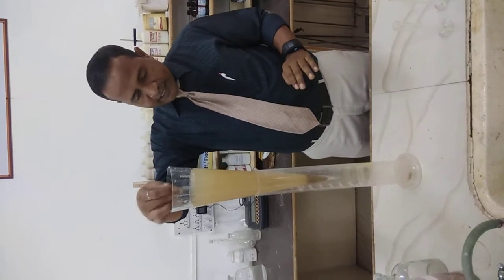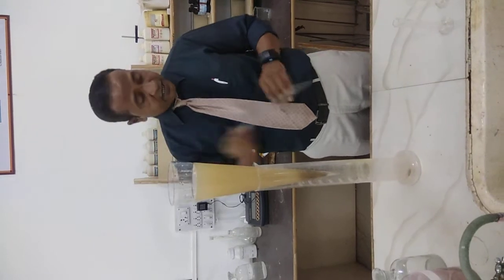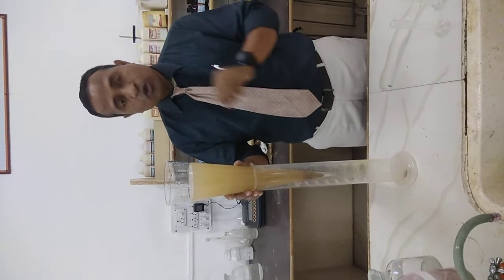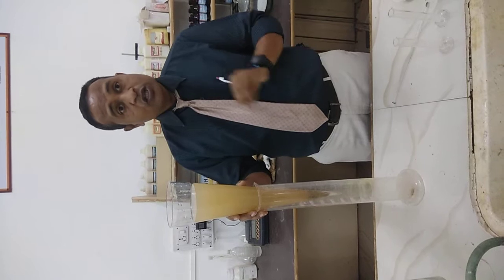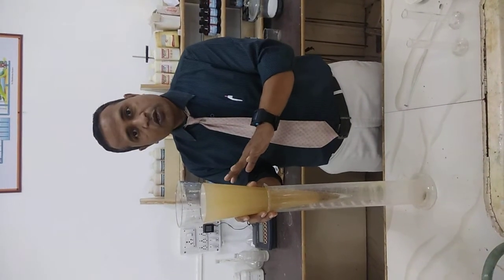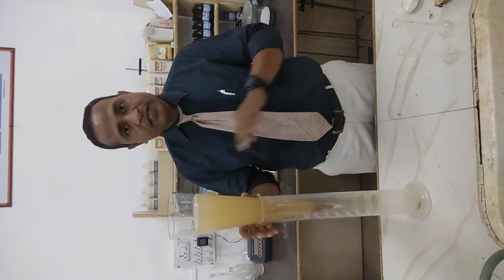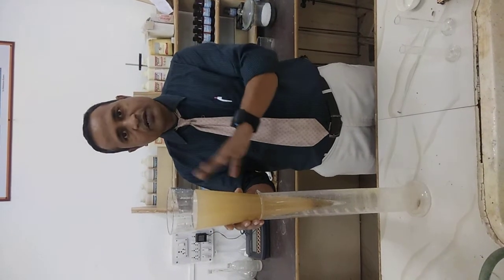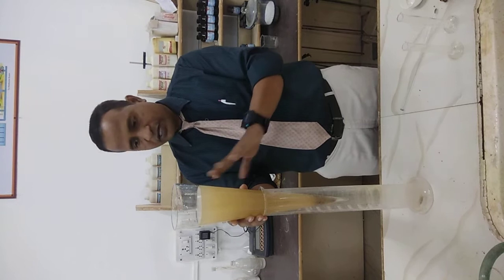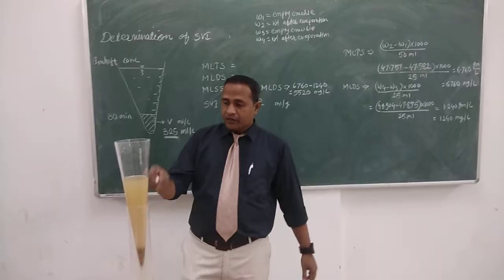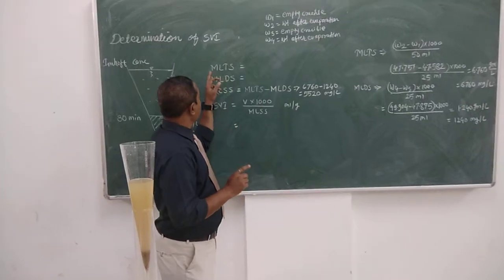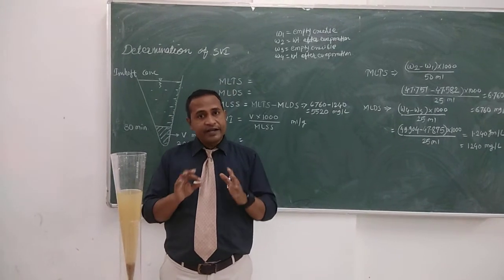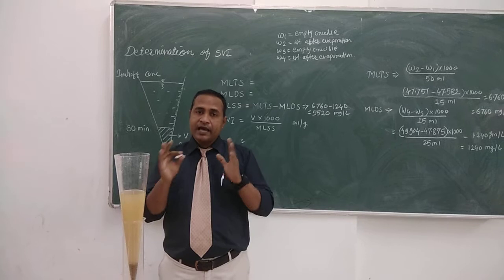Now again we have to stir this sample completely, and after stirring this complete 1 liter of sample, we have to calculate the total solids and the total suspended solids from this sample, so that we will be able to find out the suspended solids and dissolved solids. During the first experiment we have already learned how to find out the total solids and total dissolved solids.